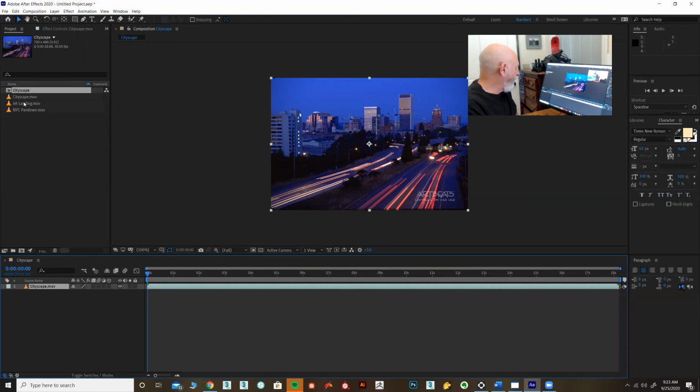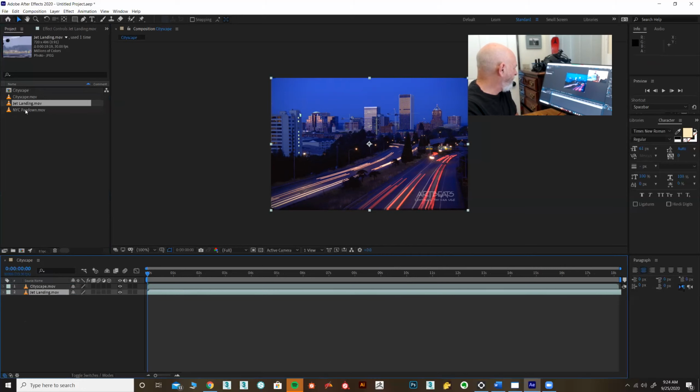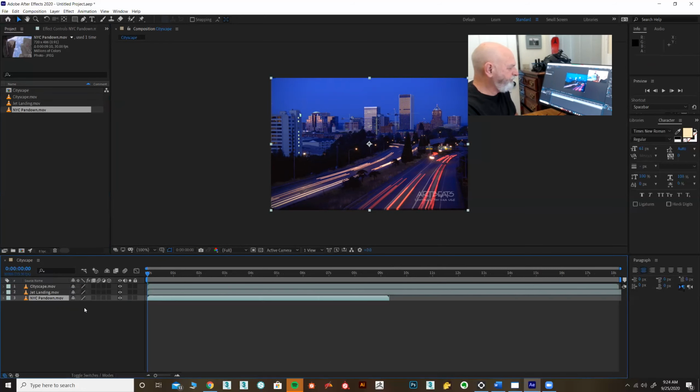So what you do in that case is drag the piece of footage into this little icon right here called Create a New Composition. It's right at the bottom of the project area. It's just the one that's kind of colorful, all right? But most of the time, I'm usually working with just one comp, and I don't need to do that. But during the course of this tutorial, I believe we will. So anyway, there's Cityscape. Let's also bring in Jet Landing and NYC Pan Down. So you can see that